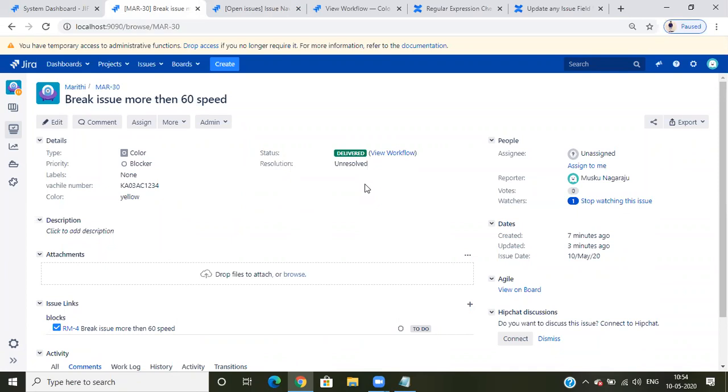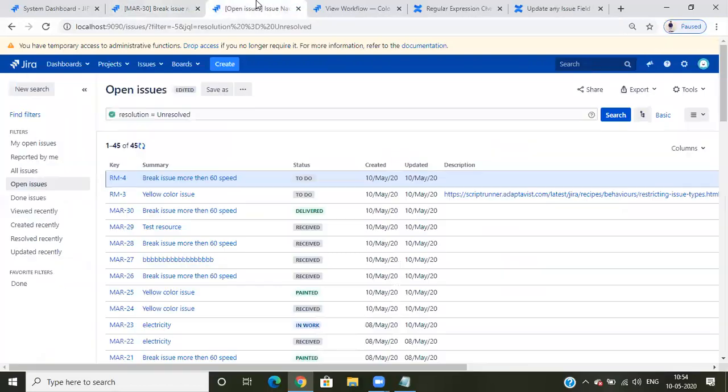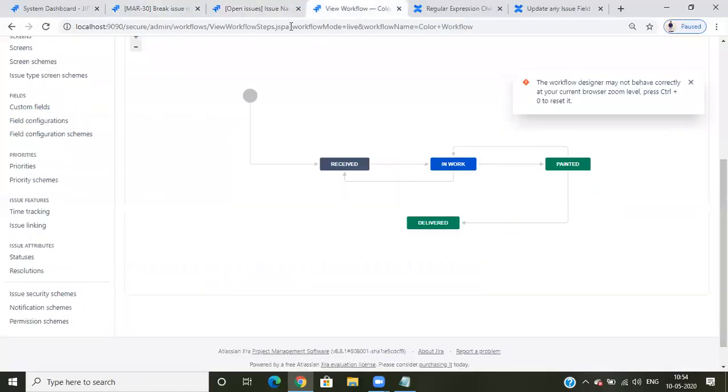So in any place, when they click on an end status, they will either set the resolution field automatically or select some drop down value. I'll show you how the resolution works. And you just remember it.